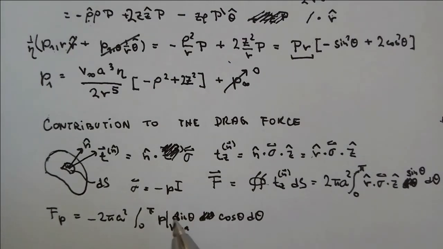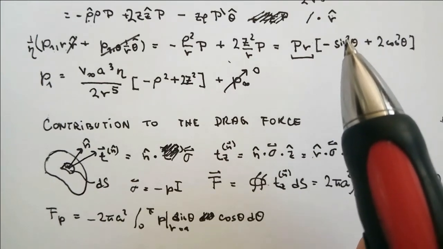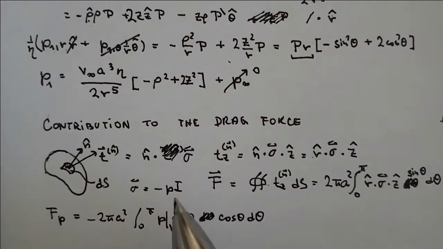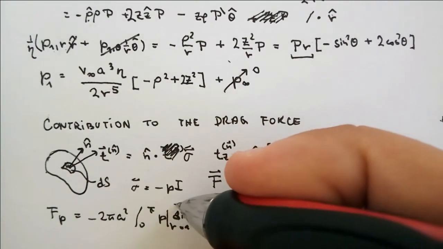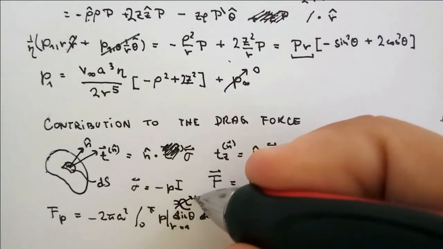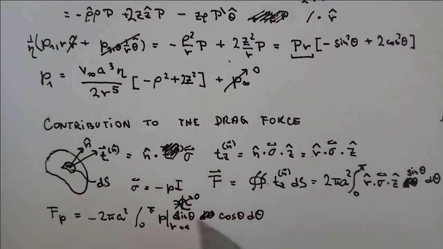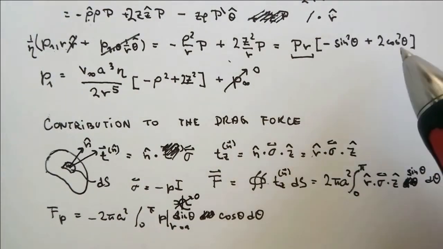If you can see, this term multiplied with this is sine cubed, and this is cosine, and sine cubed looks like this, and cosine looks like this. So this is going to be 0 from the integral because of the symmetry,